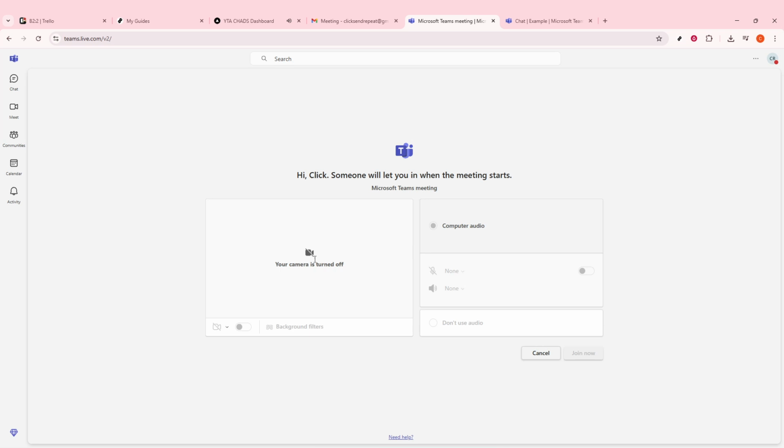If you prefer using your phone just for audio while participating in a meeting on your laptop, begin by joining the meeting on your computer. Look for the meeting controls and click on More, then select Use Phone for Audio. Here, you'll have two choices. Teams can call you directly, just enter your phone number, or you can dial in manually using a provided conference